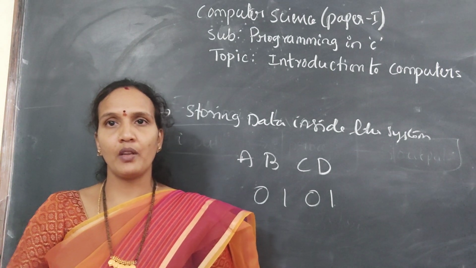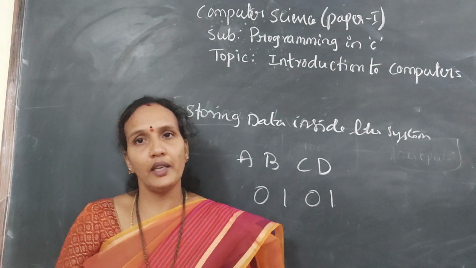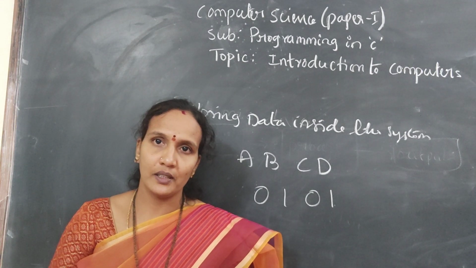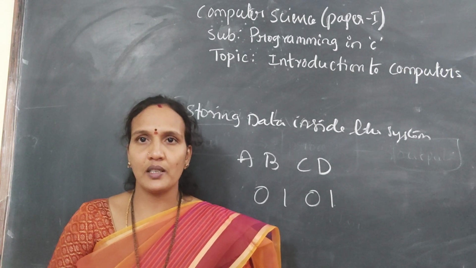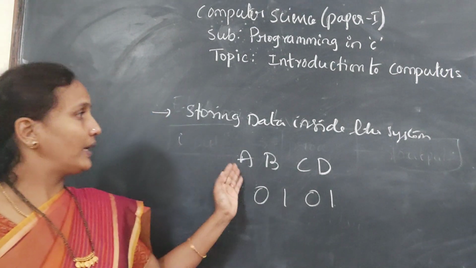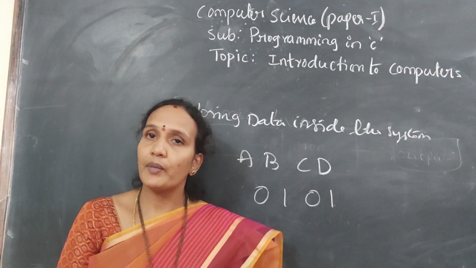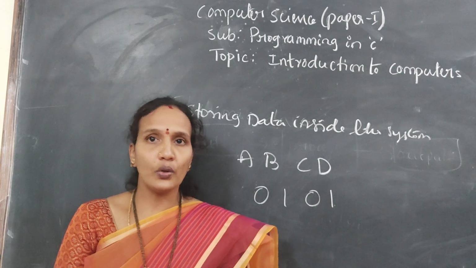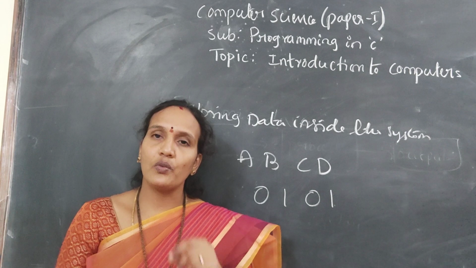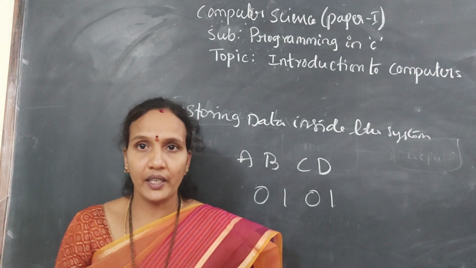But in which format are we entering information? For example, in English. How should that information be converted into a binary format? Actually, it is a long process; for now, in short, I will explain. A, B, C, D is a character. I want to store this information inside the system, but the system understands only binary, so whatever format you have entered should be converted into binary.